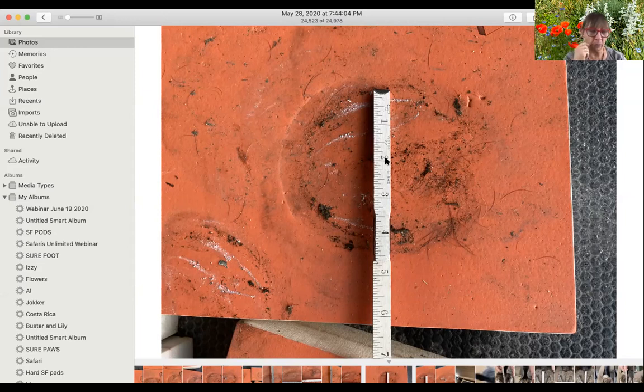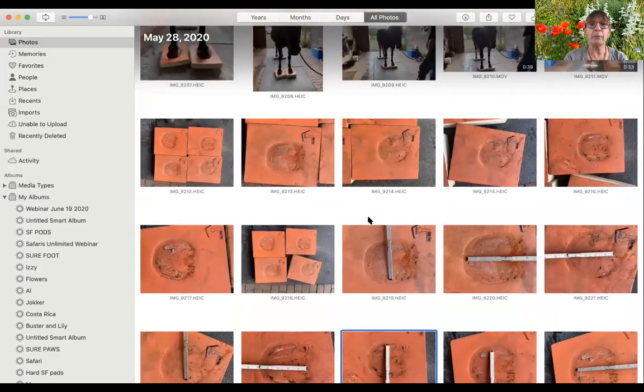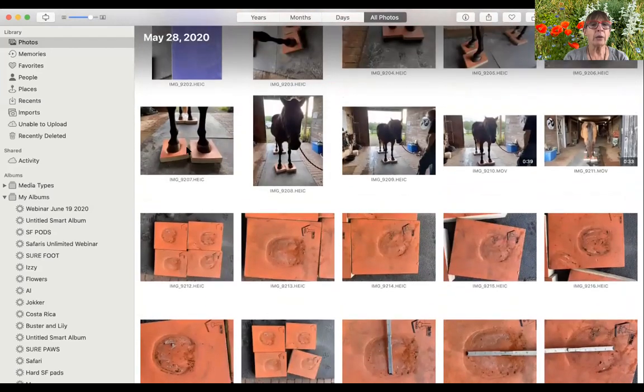I think that's probably one of the things that makes this idea easier. If we can map this out and figure out what the allowance is, then you don't need the extra person, because you just have them stand on the hard pad and you get the impression. Right, so here she is,